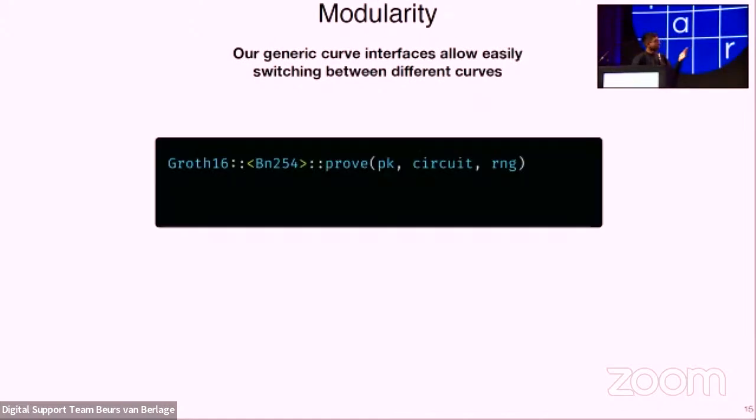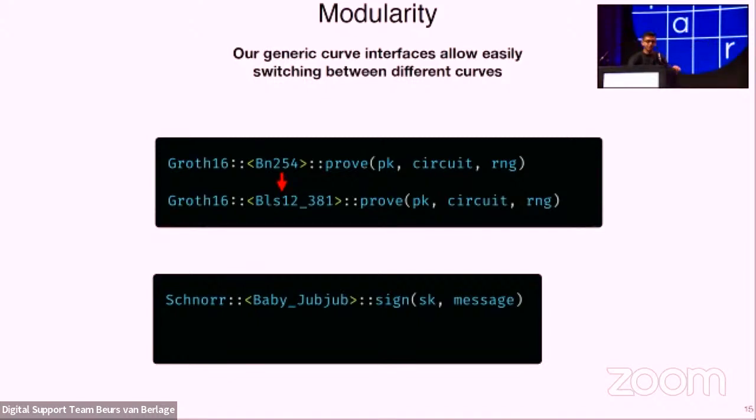And the answer is yes. For example, let's say you're using the Groth16 ZK-SNARK with the BN254 curve, but you've heard recently that the BN254 curve doesn't meet your 128-bit security goals, right? So you want to switch to the BLS12-381 curve. All you have to do is change one type parameter, and now your protocol is upgraded and is secure again. Of course, this requires more effort in practice, but for the purpose of this talk, it looks nice, right?